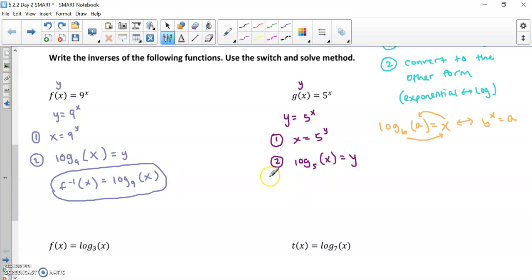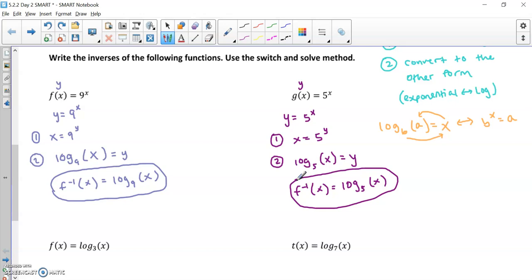Same idea as over here. So now that I've done that, I'll just, for my properness purposes, rewrite it like this. And I'm done. All right, so that's how you're going to find inverses of exponential functions. And it's actually a little bit more complicated to put things in log